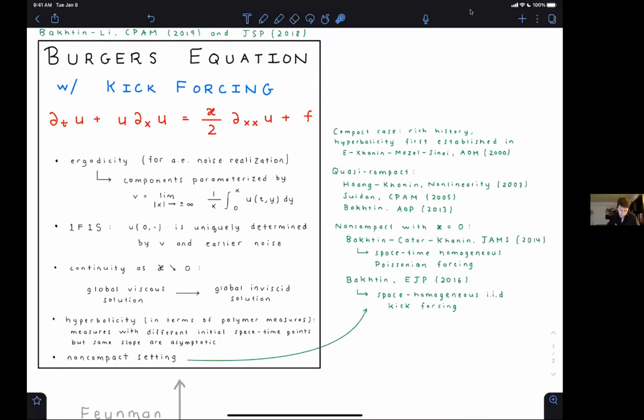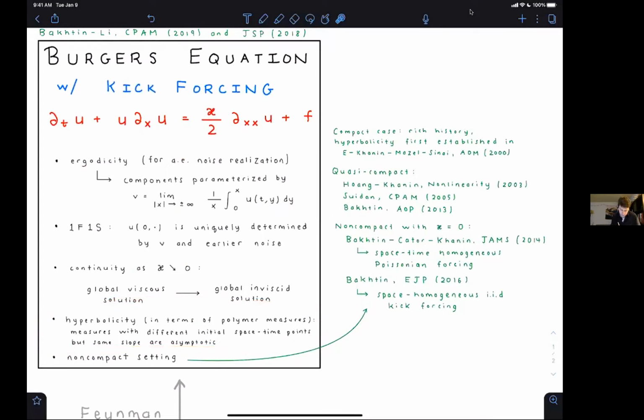And then there are the standard hyperbolicity questions. These would be questions more familiar to the SPDE crowd. Although it isn't in the right box here, this is stated in the positive viscosity case in terms of polymer measures. So it gives a nice interpretation of hyperbolicity in this positive viscosity case that you could work harder to try to further.